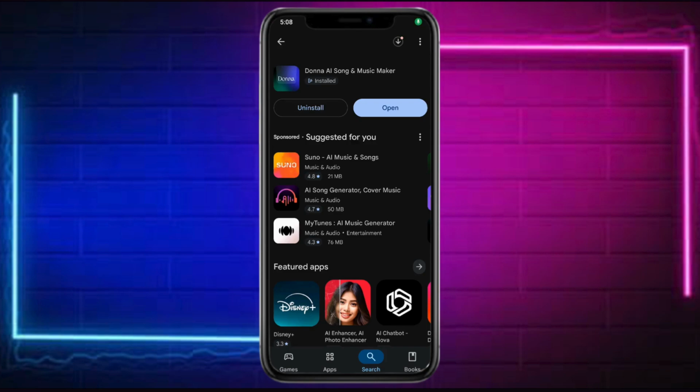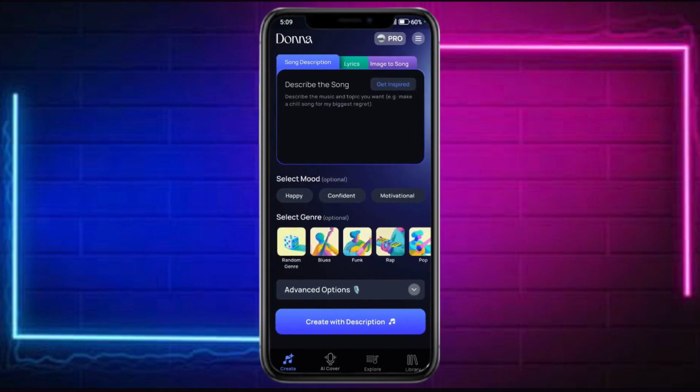Video, I'm going to teach you how to make a song with AI or Donna AI. To do that, first install Donna AI Song in Music Maker, and once you have installed it, click on Open right here. You will be redirected to the home page wherein you just need to input right here the description